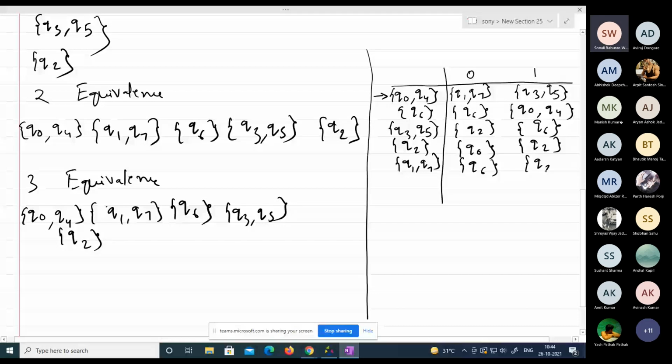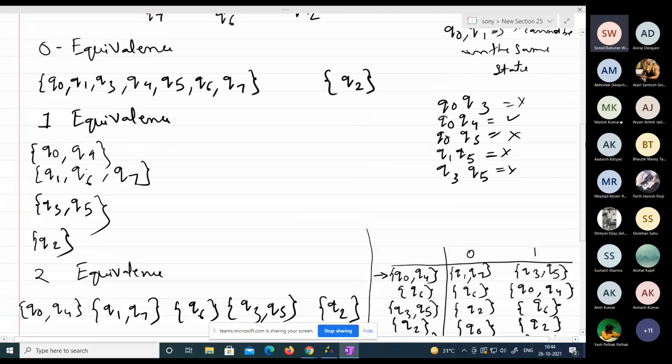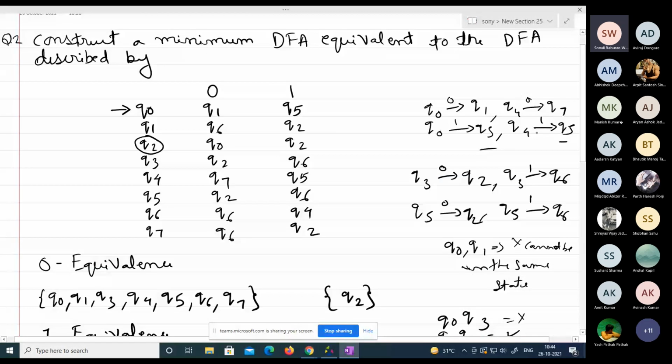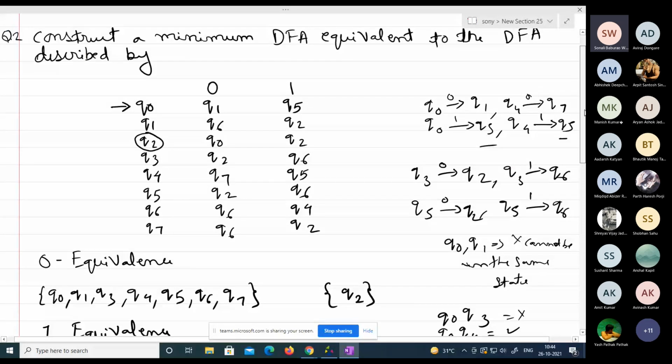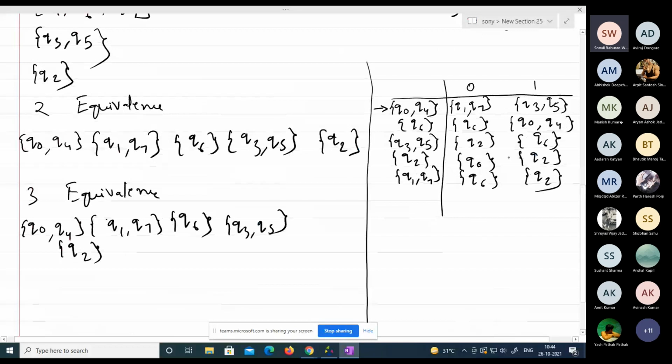So now you don't have to draw a DFA. Why you don't have to draw a DFA? Because in the question itself, they have not provided any DFA. So it's not necessary to show that DFA, okay? They are interested only in the state transition table. I'll just scroll it up and show. They had given this state transition table, and you were supposed to show a minimized DFA equivalent. So you just have to show another state table with the reduced number of states. So this is the minimized DFA. Okay, now just write this.